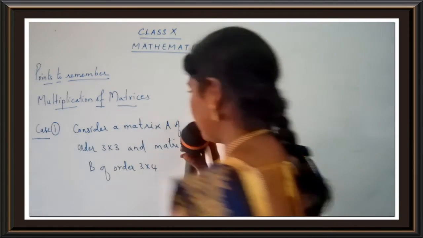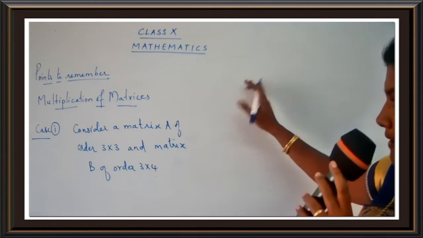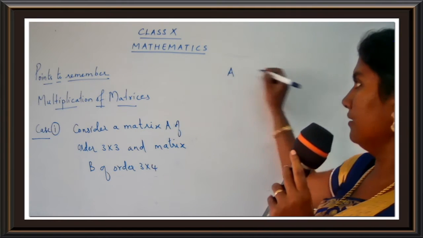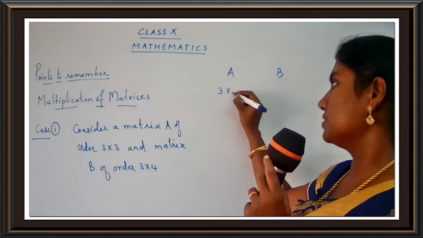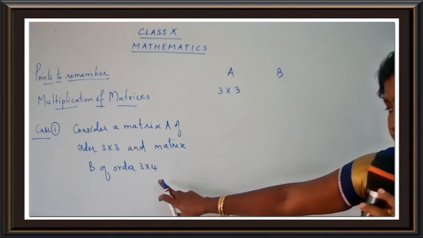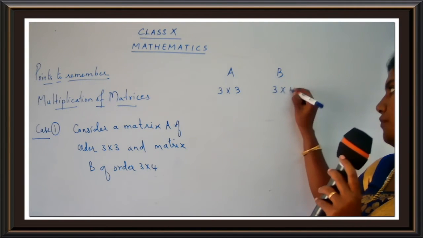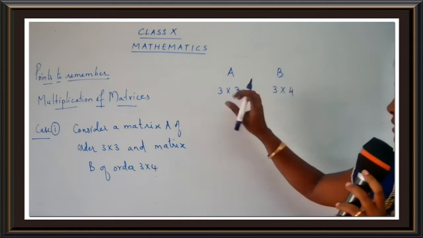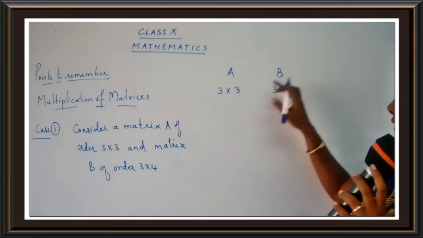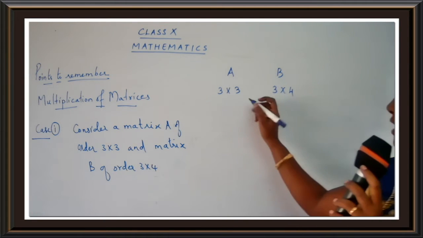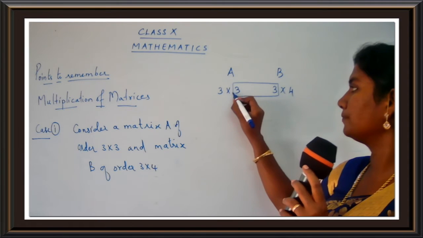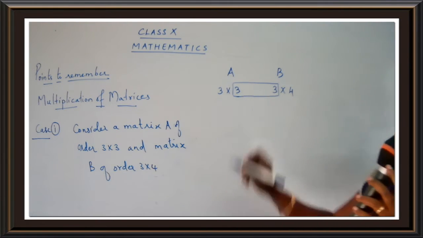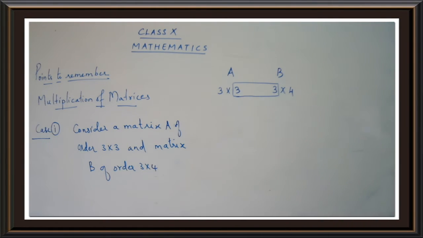So I am going to write down here. I am going to explain to you. You are going to write down in the same manner how I am going to write down. So A, this is B. What is the order of A? It's 3 cross 3. And what is the order of B? 3 cross 4. Okay children, so I have just written the order. Order of A is 3 cross 3 and order of B is 3 cross 4. Now, what I am going to see is this part, the middle part. You are going to highlight this using your pencil. Just draw a box with the pencil.